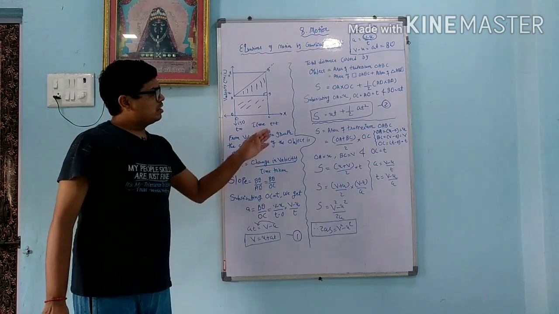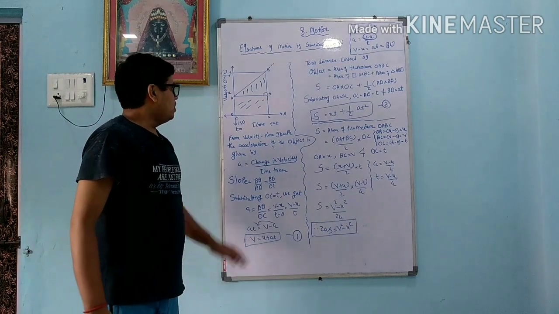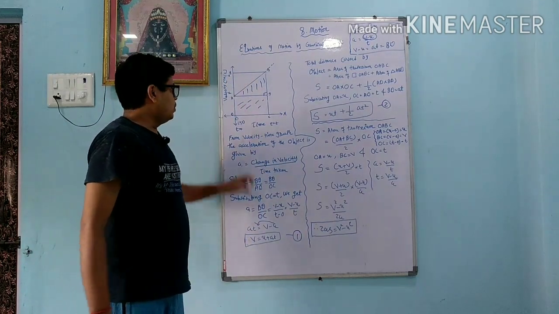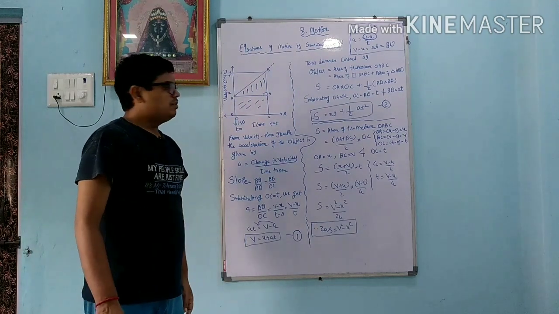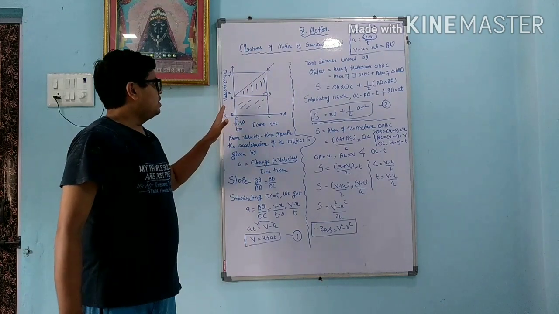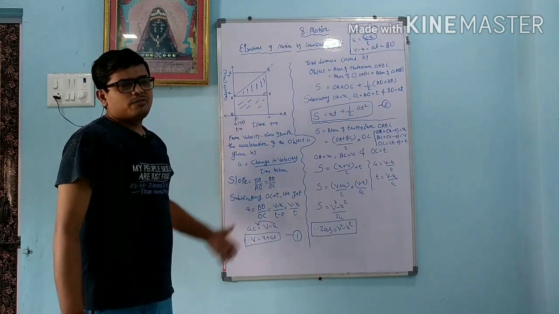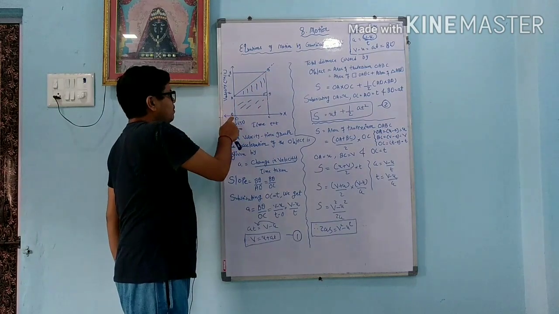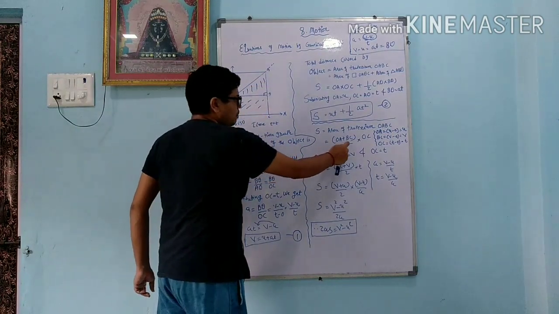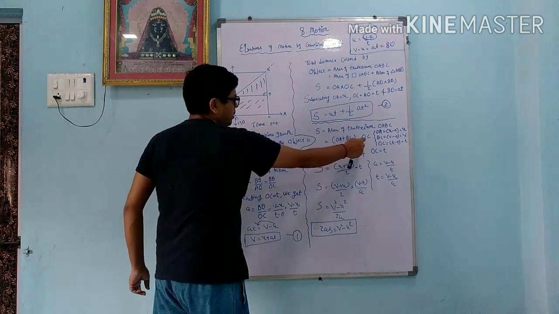Dear student, now another formula, in which we will find the total area of the trapezium. This trapezium is OABC, and we know the definition of the trapezium, as well as how to find its area. Two parallel sides are there, OA and BC. So we add them, OA plus BC, divided by 2, and the distance between them.